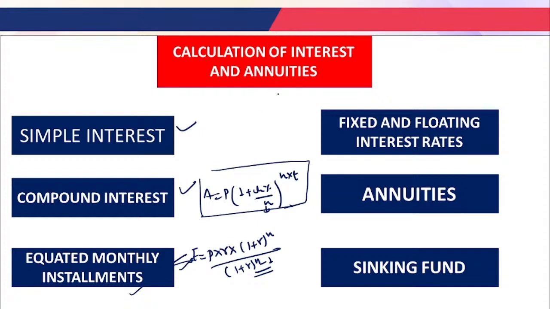And you have to understand that annuities are different from the calculation of the interest. Annuities are understood as a series of payments, where you get a series of payments at regular intervals. There you can apply the formula of annuities. Okay, so annuities are also very simple if you understand them from my lectures.